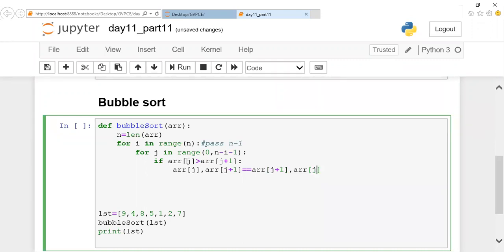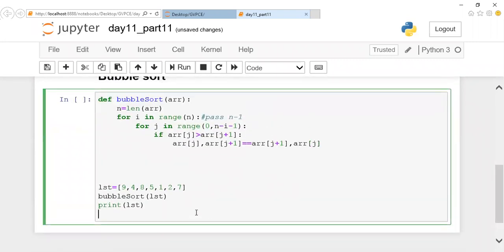So what happens here is the first, array of j, will be assigned with array of j plus 1, and array of j plus 1 will be assigned with array of j. Your work is done. That's it. Let us execute here.